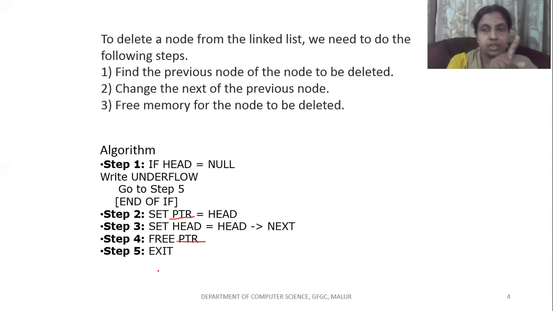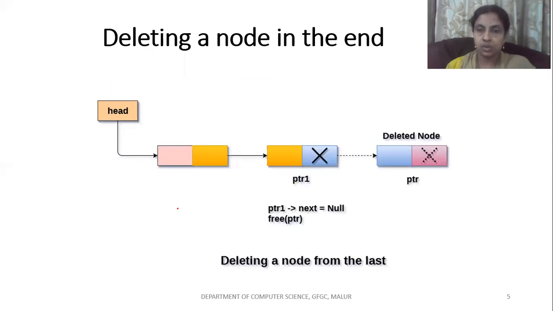First node address will be in the head position. The address part of the first node will carry the address of the second node. Take the address part of the first node, place it in the head node. So the link between your head and the second node will be established, and you can remove the first node. That's all we are going to do. And next we will discuss deleting a node at the end.